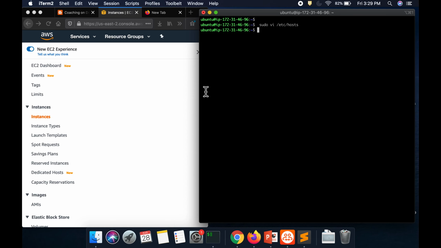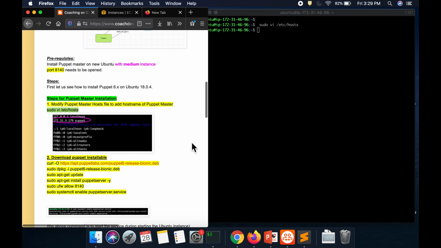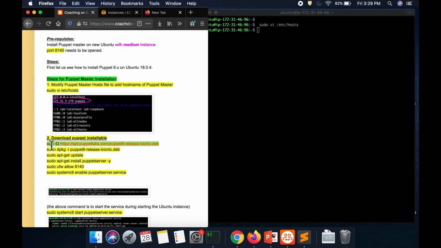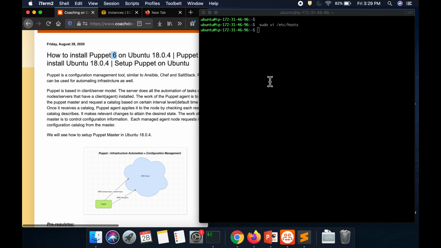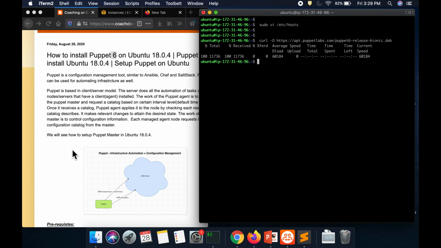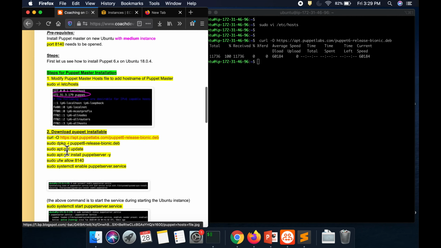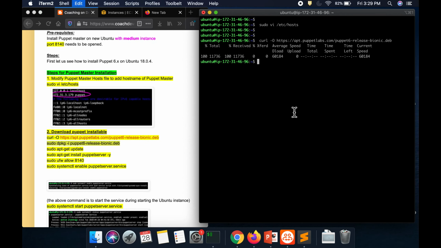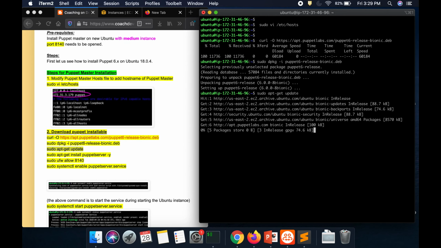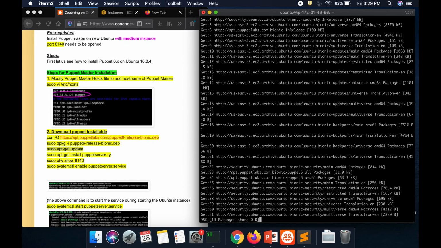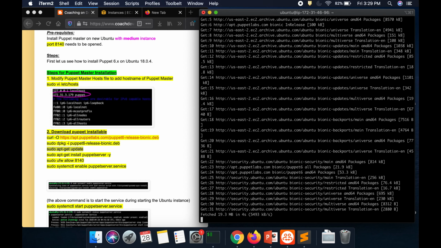And then once you do that, come out of it, and then we are going to download the Puppet installable, okay? You can download from this particular website. If you want to download a different Puppet version, you can do that. But in this video, we are trying to do Puppet 6, okay? Awesome. So let's go ahead and download the installables. And then I'm going to execute this command,